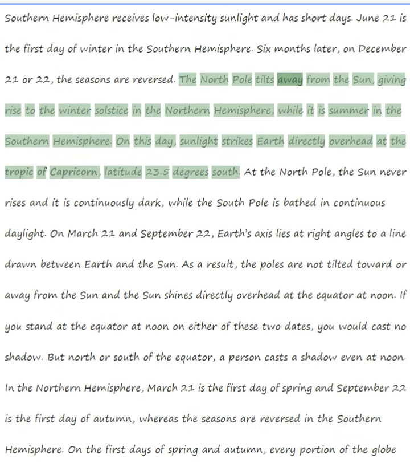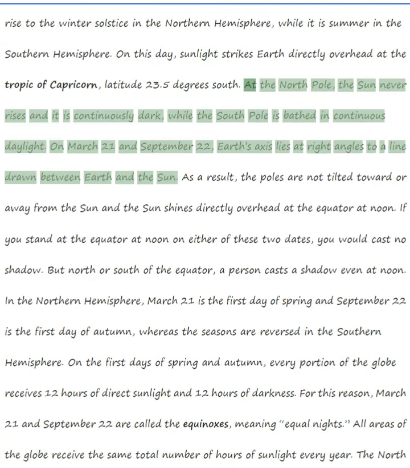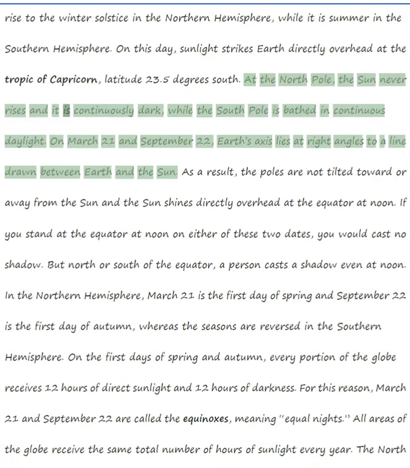The North Pole tilts away from the sun, giving rise to the winter solstice in the Northern Hemisphere, while it is summer in the Southern Hemisphere. On this day, sunlight strikes Earth directly overhead at the Tropic of Capricorn, latitude 23.5 degrees south. At the North Pole, the sun never rises and it is continuously dark, while the South Pole is bathed in